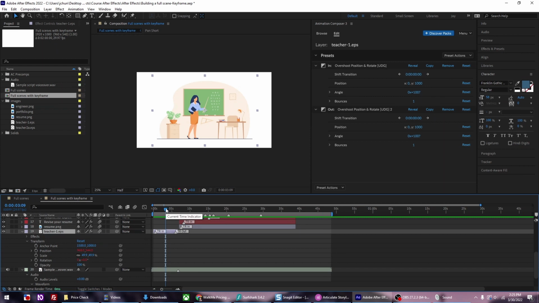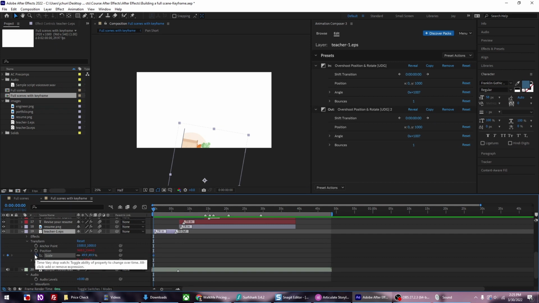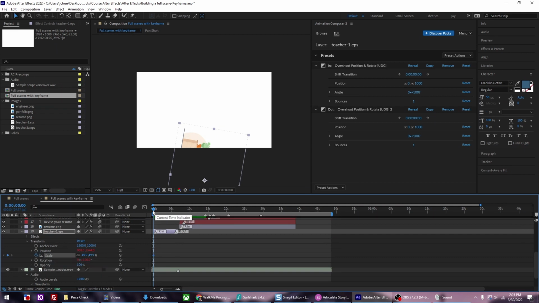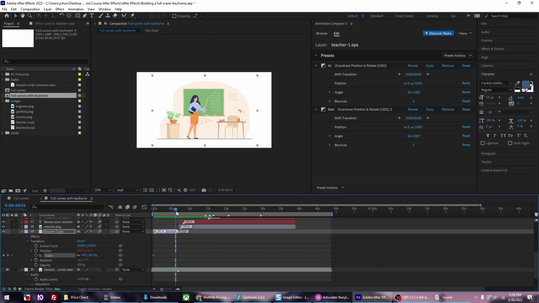So let's go all the way to the beginning. You can hold shift to kind of snap it. Click on the stopwatch, and then we're going to go all the way to the end, snap it. No, actually, let's go a little before. And let's have it scale slightly. So just hold and drag. Maybe let's have it scale to there. 54%. We started with 49. Maybe let's lower the beginning to be maybe